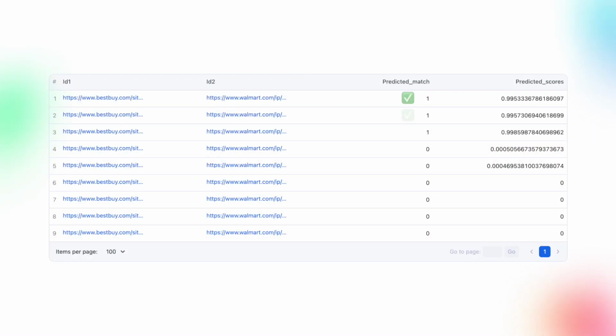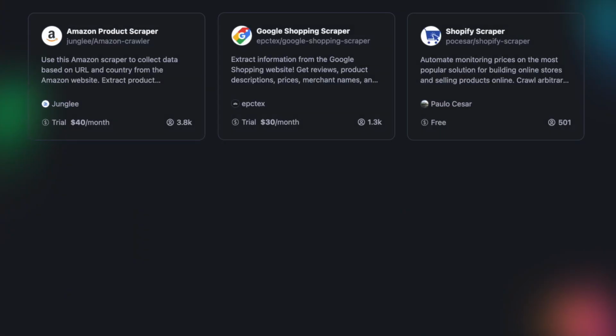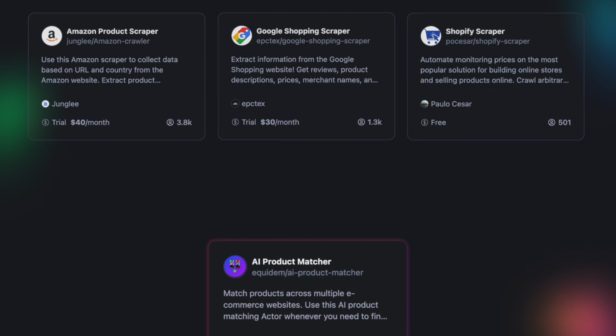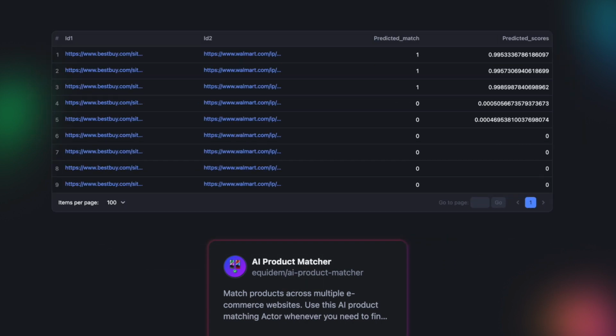Luckily, we can help you, even if you want to keep the advantages of manual mapping, by providing your mappers with a list of suggested product pairs. Then you can just have them check the veracity of these suggestions. This will be much more efficient than having to go search for the products on the online shops themselves, and will require far less training. You can achieve this by using the matcher in the recall setting, which will be further explained by the end of this video. Another advantage of our approach is that you can extract the data and find matches on the same platform. And the best news is, anyone can learn how to use it.